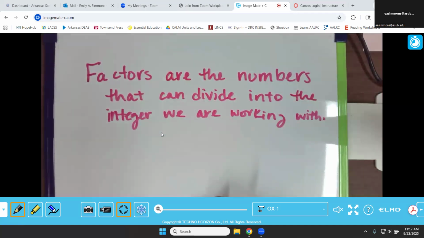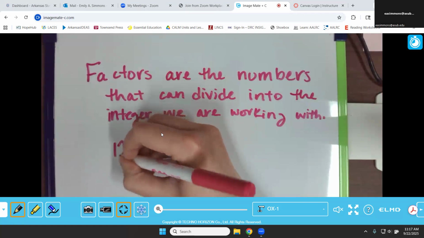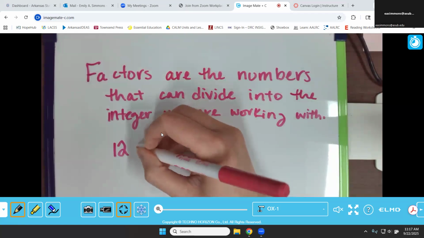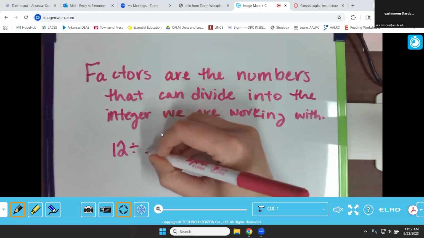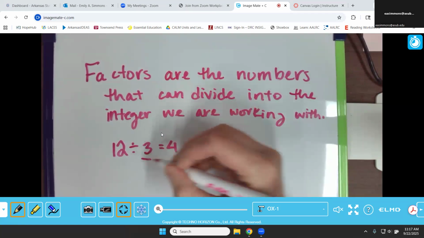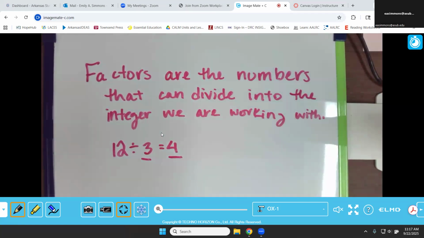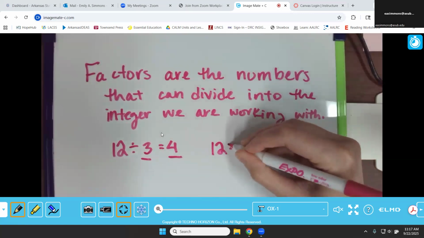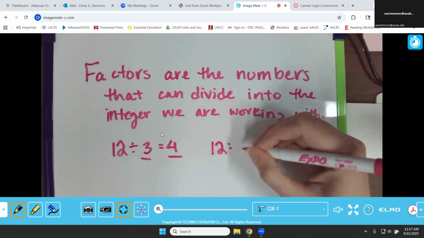If we were working with 12, for example, 12 can be divided by 3 to get 4. So that makes 3 and 4 factors of 12, because 12 divided by 3 is 4, and 12 divided by 4 is 3. So when we look at 12, if I listed out my factors for 12, I've got